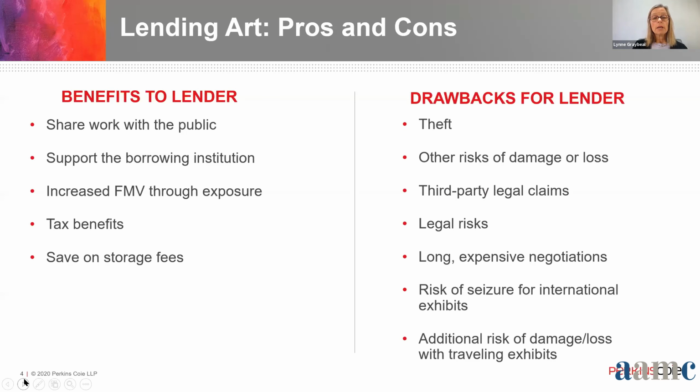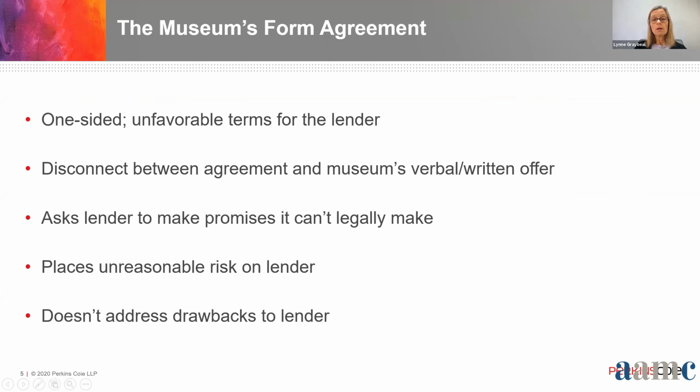Historically, the art industry has based its relationships on trust. And often when the parties are in their initial excitement of talking about an exhibition, and even through the contracting stage, there really isn't any expectation by either party that there could be any problems or issues down the road. This expectation of trust can inhibit the discussion of contract terms and attempts to manage the lender's risk, because the representative of the borrowing institution may take it personally if there's a suggestion that a work may be improperly handled.